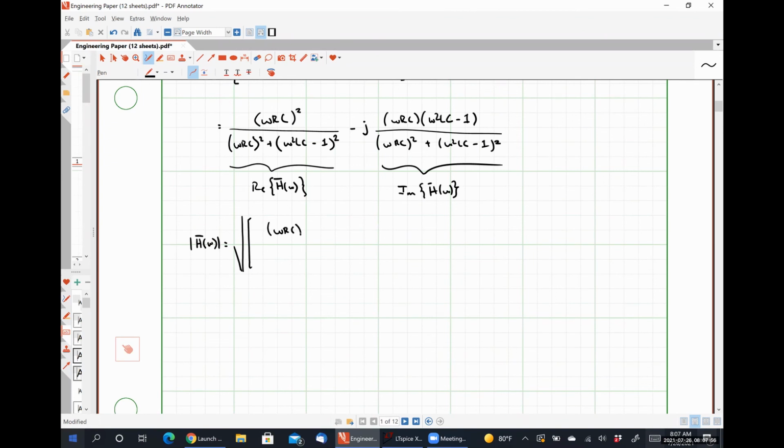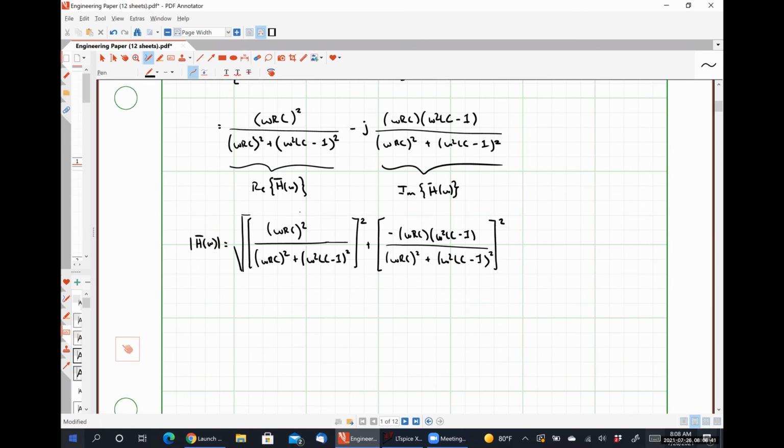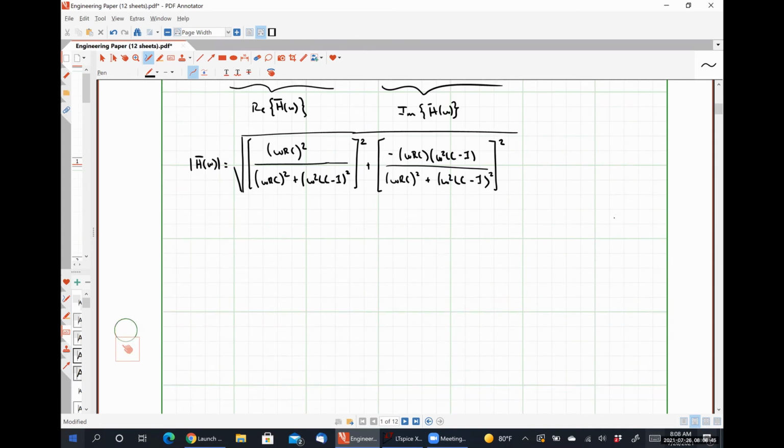So that'll be omega RC quantity squared over omega RC quantity squared plus omega squared LC minus 1 quantity squared, this whole fraction squared, plus negative omega RC times omega squared LC minus 1, all over omega RC squared plus omega squared LC minus 1 squared, square this whole thing, take the square root,